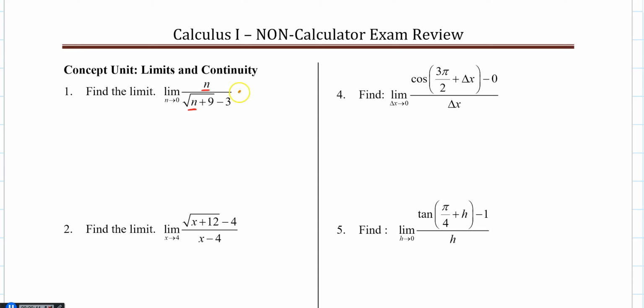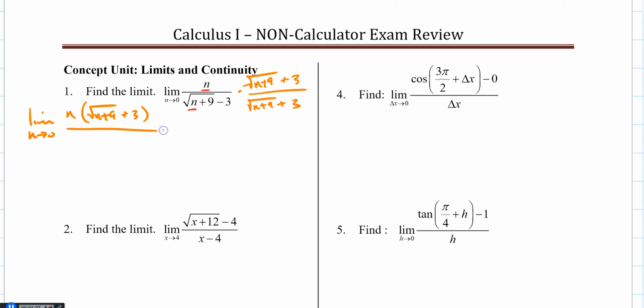is multiply both the numerator and the denominator by the conjugate of the denominator, which is the square root of n plus 9 plus 3. And so we're left with the limit as n goes to 0 of n times the square root of n plus 9 plus 3 over, and then the whole point of doing the conjugate is so that we have